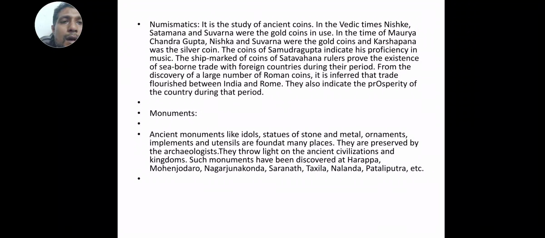Monuments. Ancient monuments like idols, statues of stone and metal, ornaments, implements, and utensils are found in many places. They are preserved by the archaeologists. They throw light on the ancient civilization and kingdoms. Such monuments have been discovered at Harappa, Mohenjo-daro, Nagarjunakonda, Sarnath, Taxila,